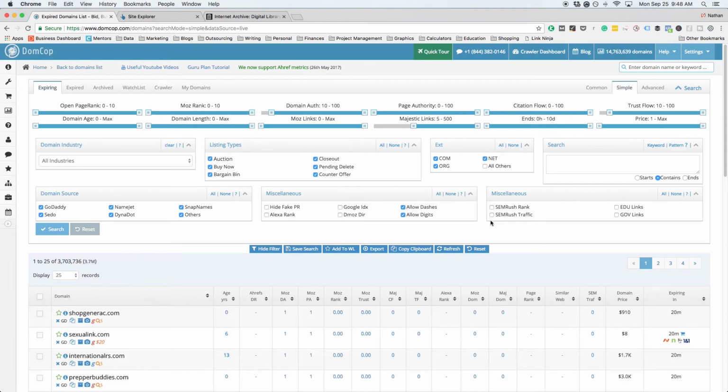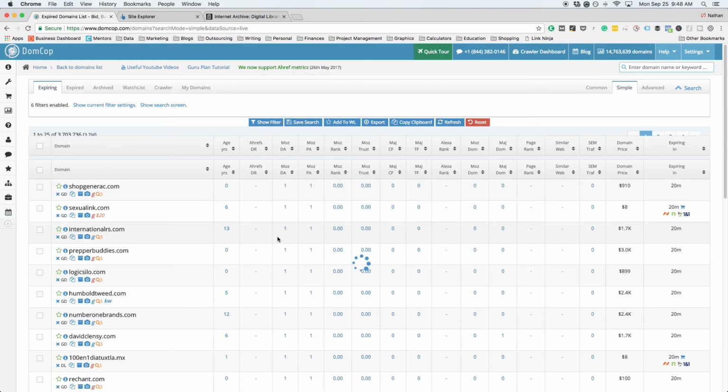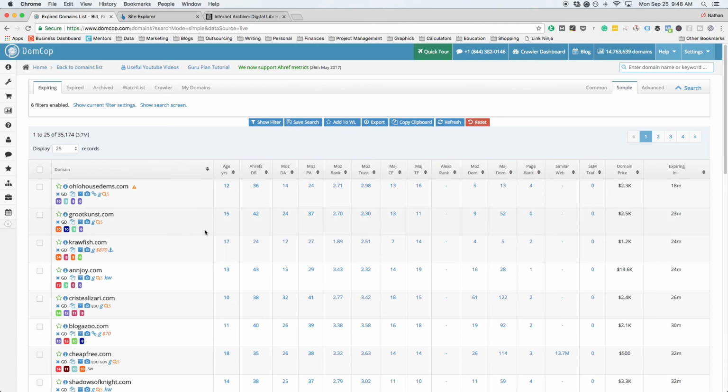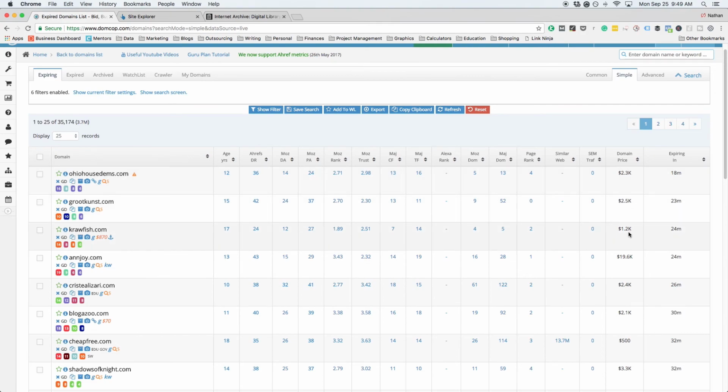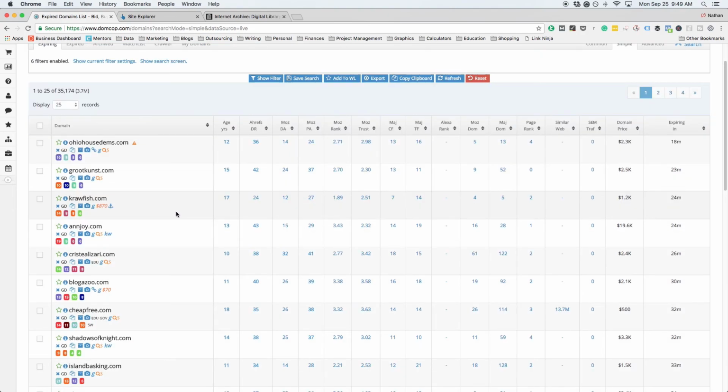And there are more advanced options that you can pick, but for this particular example, we're just going to keep it as simple as possible. So what you're going to notice right away is that these expiring domains come with a very high price tag. And the reason for that is because these have a lot of value, because they haven't been spammed in the past a lot of the time, and they usually have really good link profiles. So you're going to have people competing in auctions to get these domains because they know the value that they have. And so that drives the prices up.